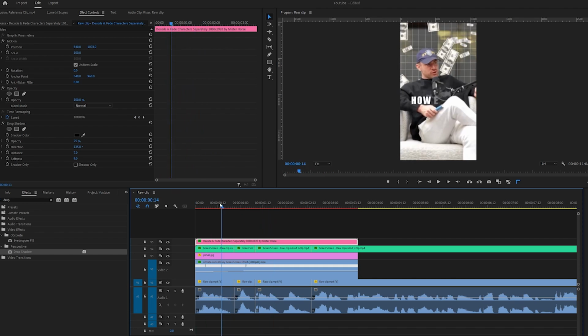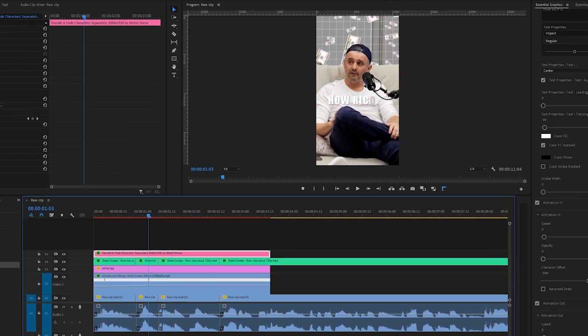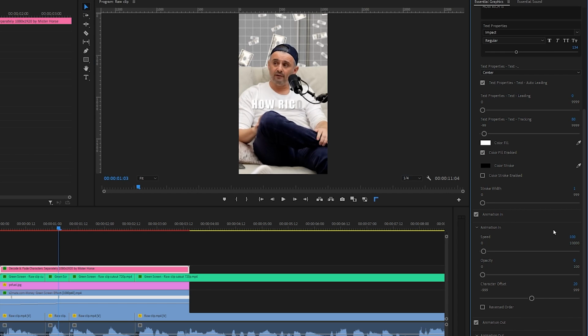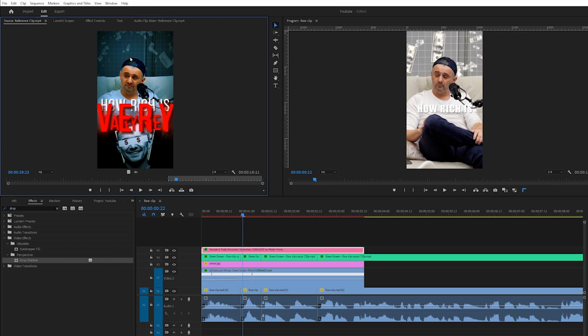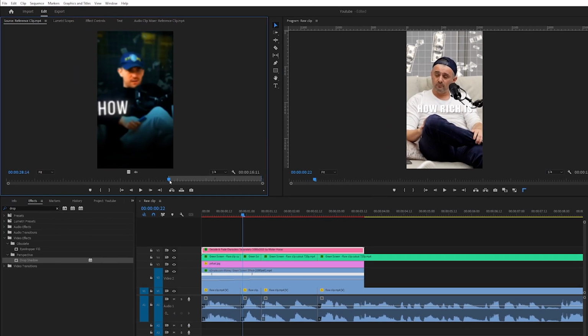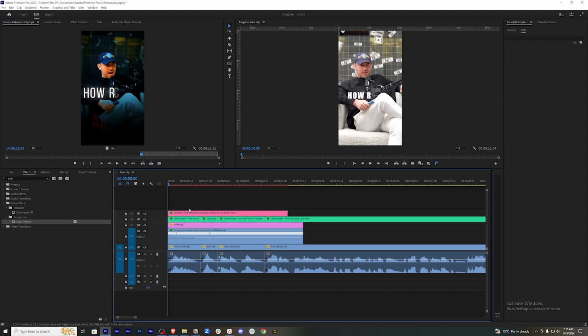So the animation it's quite long, right? I can increase the speed of the animation a little bit. From here, from the animation in tab, it was originally 100. Let's just keep it 175 or something. Yeah, also if you look at the example, it doesn't use the entire thing for animation. Like the animation starts from here. So maybe we can just cut off this part. So we've cut off the beginning of the animation and now we have to add the second text,